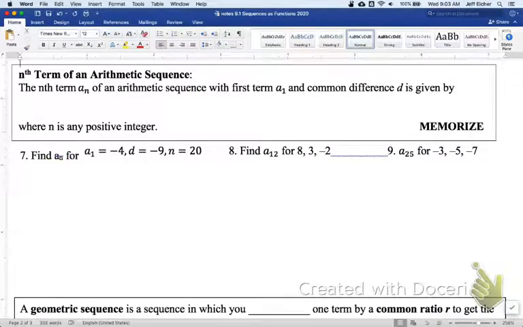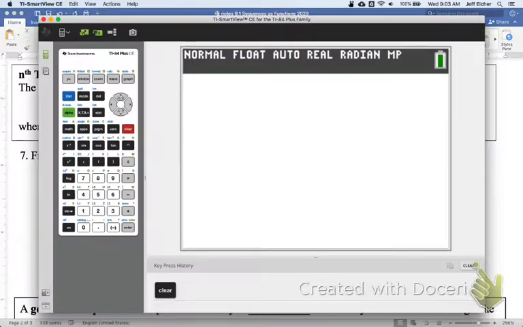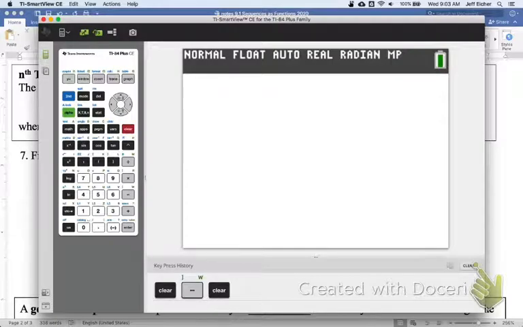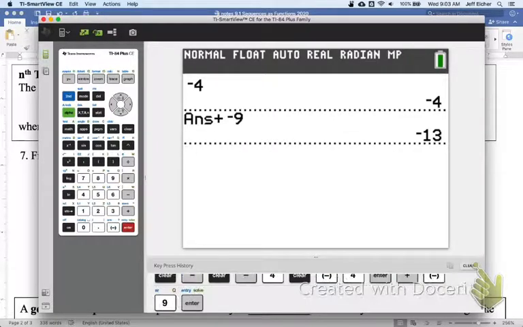So let's think about what this is telling us. If we start at -4 and we have a common difference of -9, so let's go here. If we start at -4, and we're adding -9 each time, that means our second term,